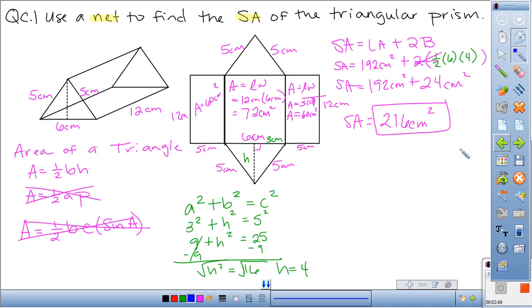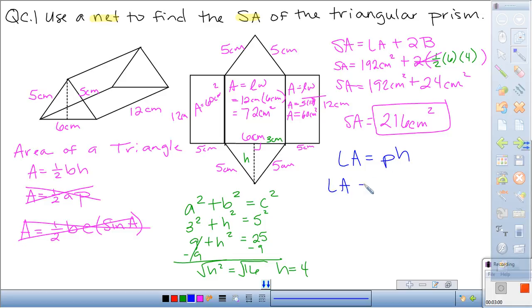We can use this triangular prism here to use that same formula. Lateral area equals perimeter of the base times the height. The bases in this case are those triangles. So if we're going to find the perimeter of the triangle, all we need to do is add up all the sides. 5 plus 5 is 10, plus 6 is 16 centimeters, times the height of the prism, which is this 12 centimeters here. It's that perpendicular edge that connects the two bases. So it's 12 centimeters. And if we multiply 16 centimeters times 12 centimeters, we end up with 192 centimeters squared,